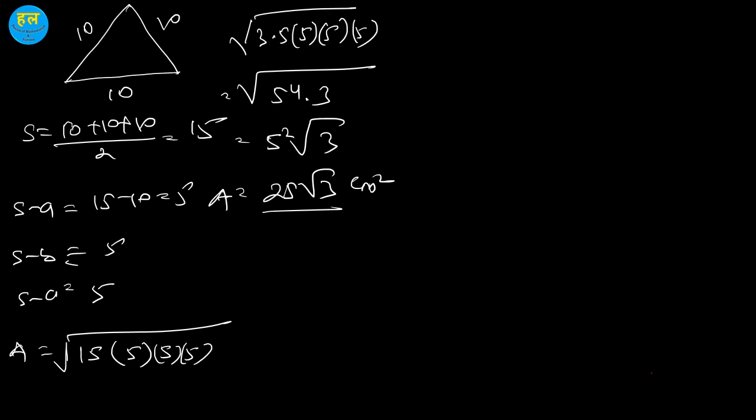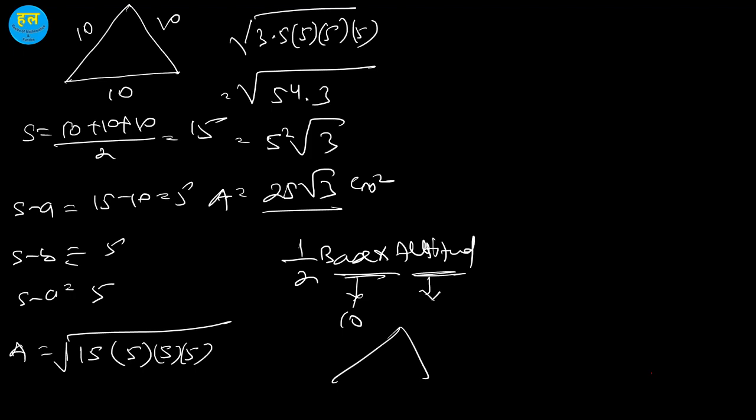Now if you want to verify this, how can we do this? To verify this, we already know the area of a triangle is half base into altitude. We already know the base, it is 10. We need to find the altitude. For an equilateral triangle,